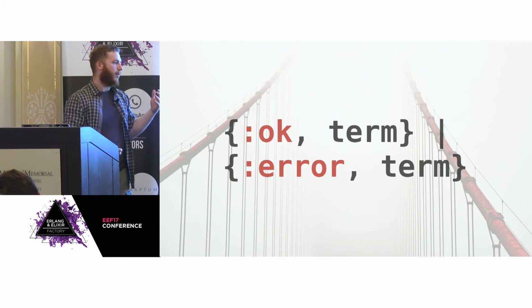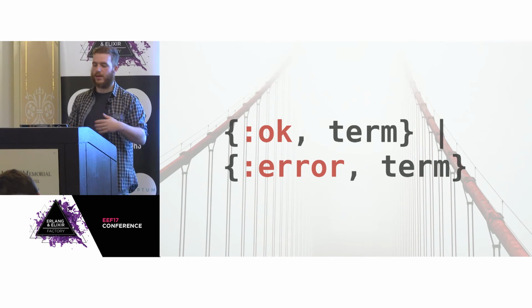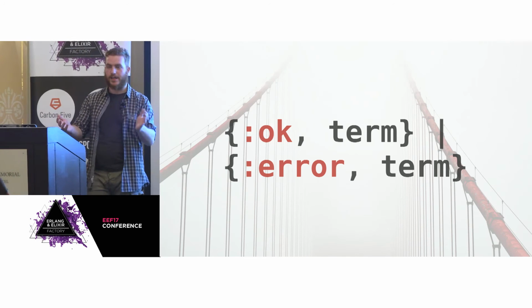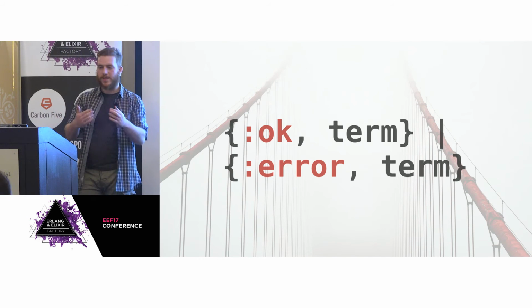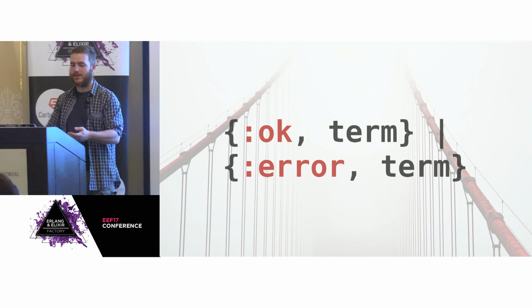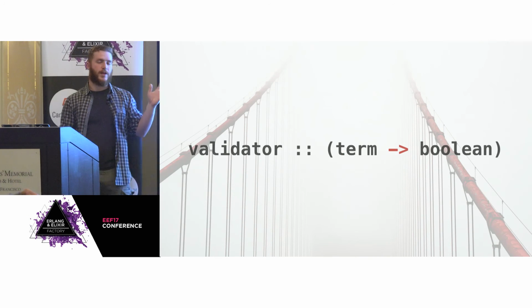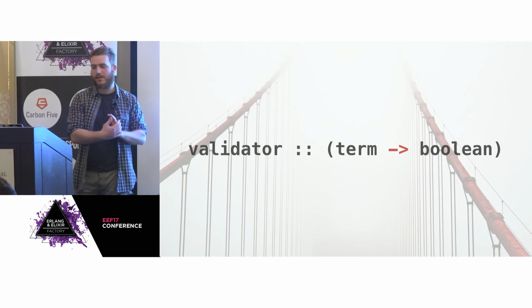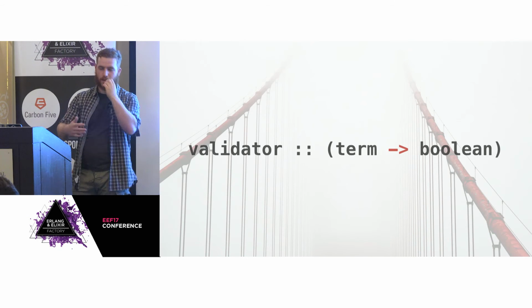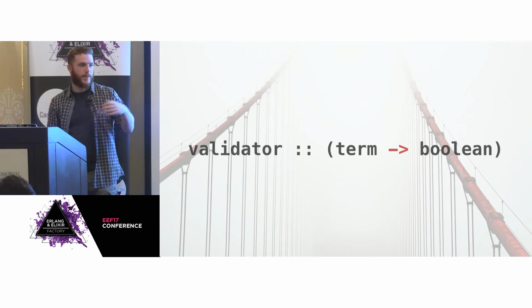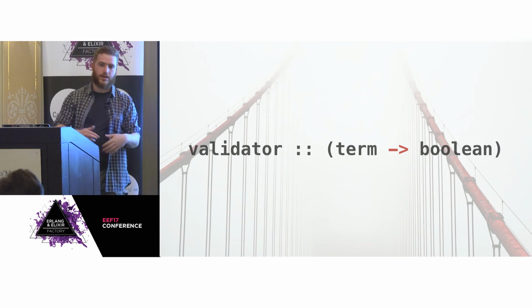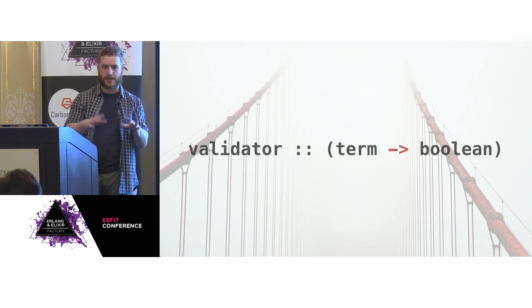So, for example, guards like is_binary, is_process. They're validating that the thing you're giving them is a binary or is a process. So I thought it would make sense to have validators also be functions that return a boolean instead of ok term or error term. This would just mean true if the data is valid and there's no need to conform it, and false if the data is not valid.